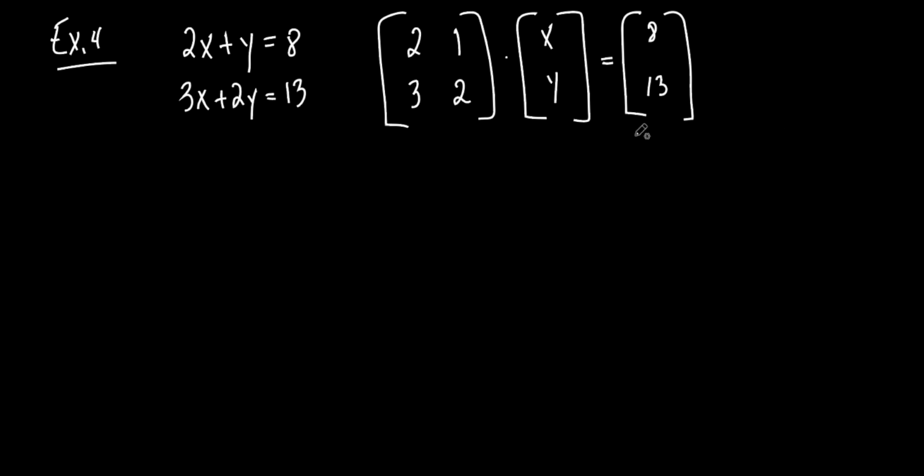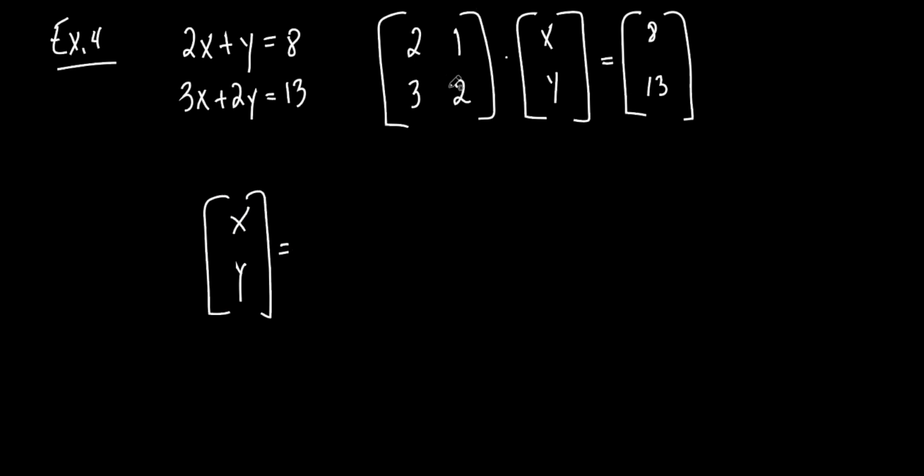So let's do it. What do we have to do here? We got to get rid of this, don't we? We want to move it to the other side. So how do we do that? We take the inverse of it. So let's take the inverse on both sides. You know this is going to cancel out. I don't have to show that work. I don't have to show the inverse times this equals 1, 0, 0, 1. I know it's going to cancel out. All right, so I've got x, y